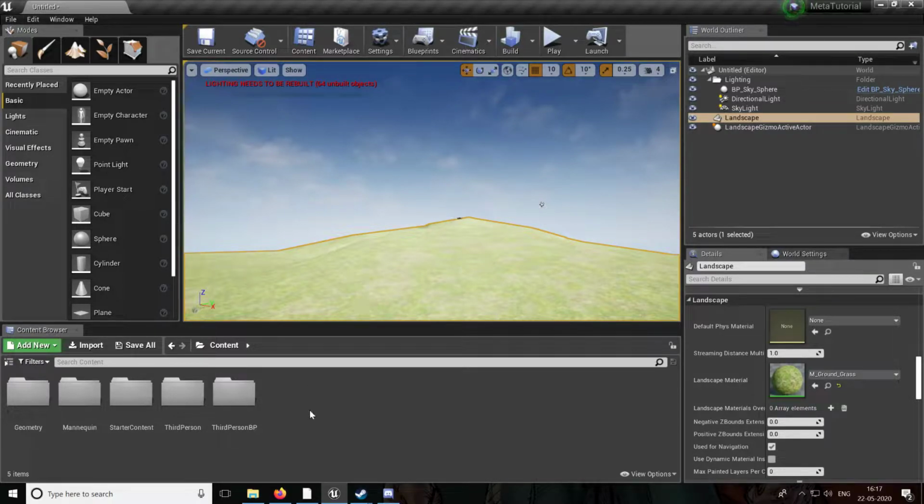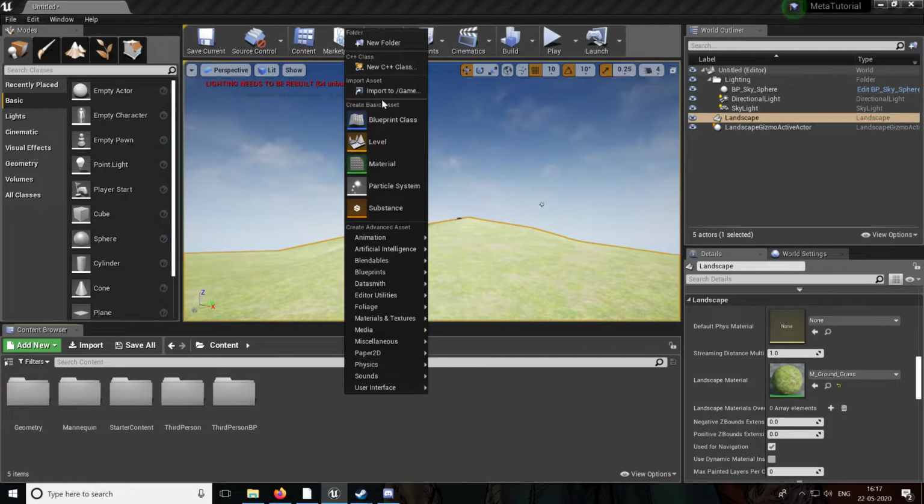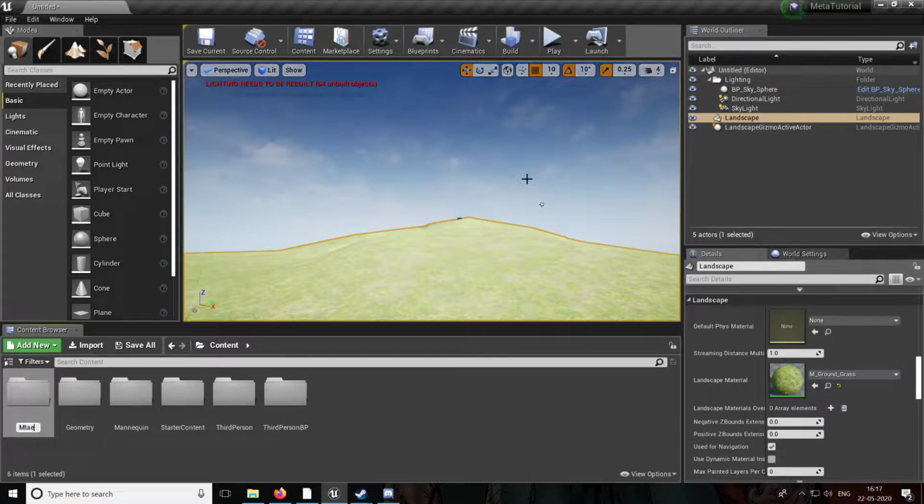So here we go, right? I'm going to just create a new folder. I'm going to call it materials. One thing about Unreal is if you do anything from this content browser, creating a folder, moving files, everything works perfectly. But if you open the file structure in Windows Explorer and try to change this around, then things will break inside the engine. So as far as possible, whenever you want to do stuff with the content folder, do it inside the Unreal Engine. So I made this materials folder.